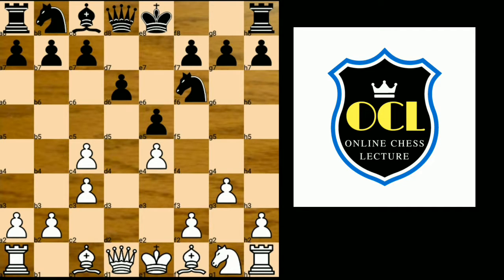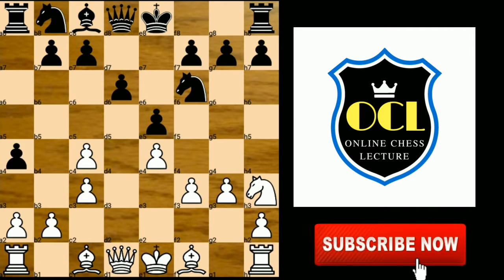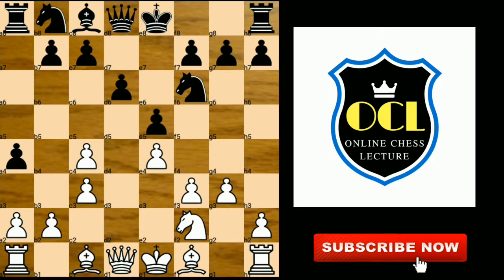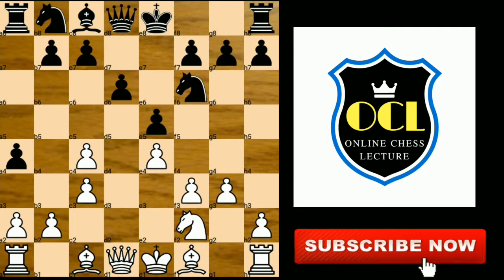d6, f3, a5, knight to h3, a4, and this is a new move for Carlsen. Knight to f2, maneuvering the knight, bishop to e6,